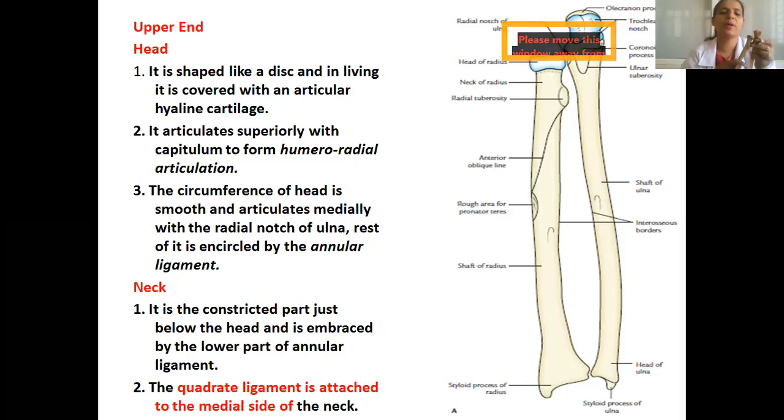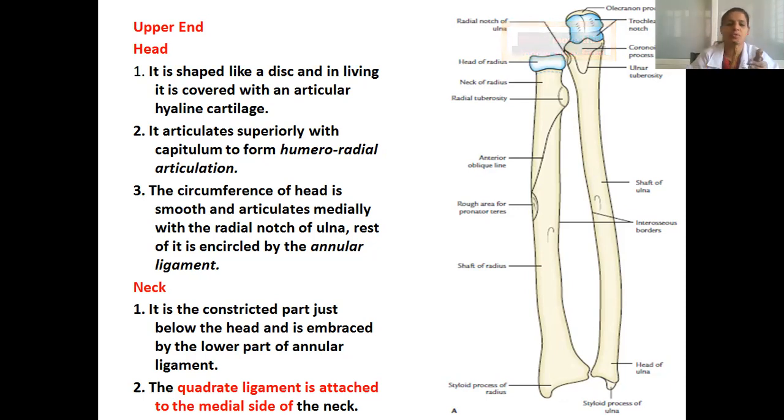That means two joints. One is between the humerus and radius, humeroradial, and the other is between the ulna and the radius, the superior radio-ulnar joint. Where these two bones meet, there is a ring-like ligament, like what we wear on our fingers. You call it the annular ligament.